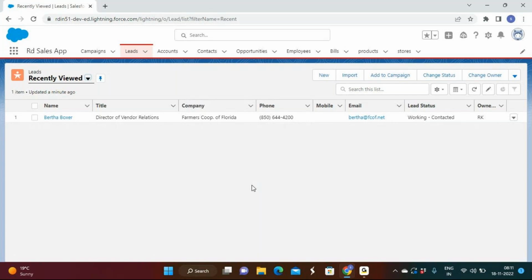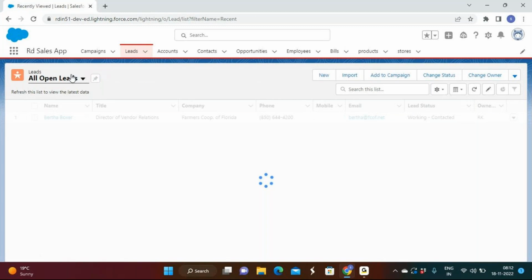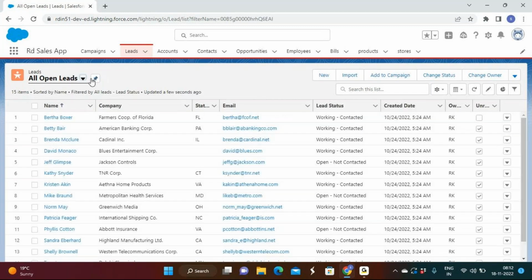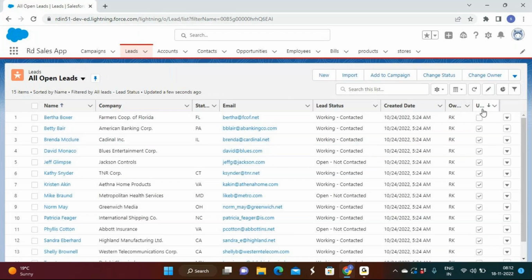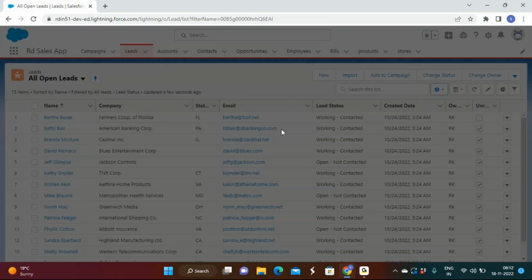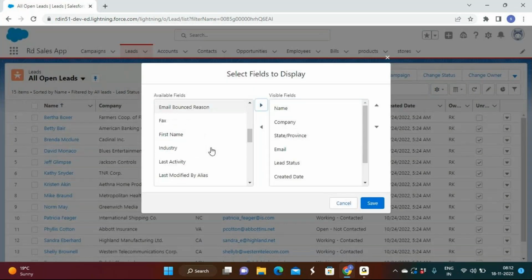The same way here also, consider a situation where some sales executive has left the company. On behalf of him, a new sales executive got appointed. Now the management says the sales executive is to work on the lead records. Since that guy left the company, whatever records were owned by that person, here you can add the owner first name and last name.